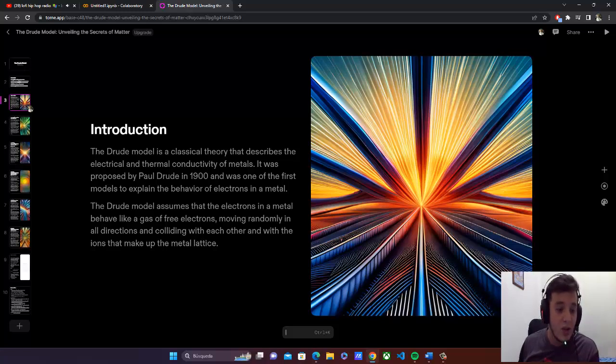Collisions between the electrons and the ions can cause changes in the electron's direction and velocity. Drude introduced the concept of relaxation time, or average collision time τ, which represents the characteristic time between two successive collisions of an electron with the metallic ions. This average collision time plays an important role in describing the average velocity of the electrons and therefore the electrical